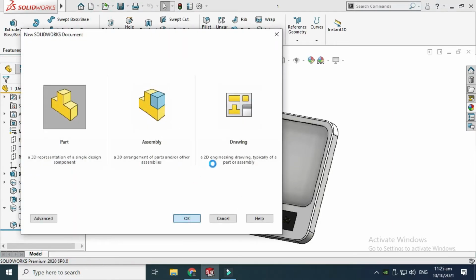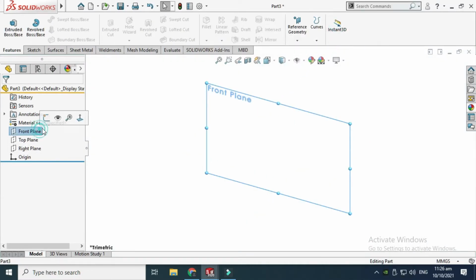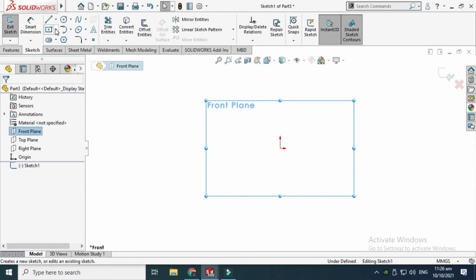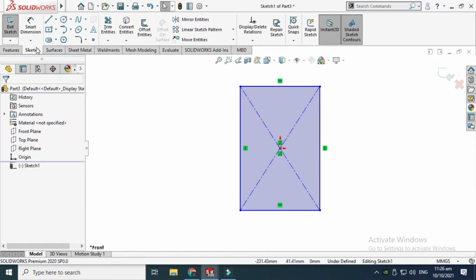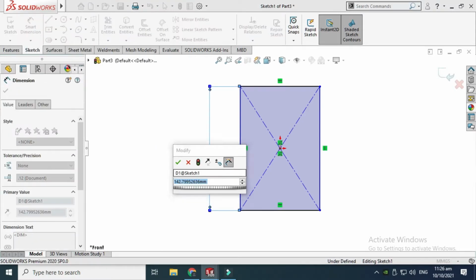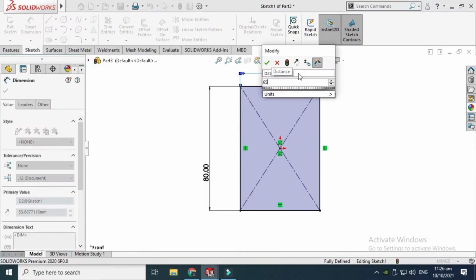Next I'll go to new again, go to part, go to front plane, go to center rectangle, and this time I'll draw the mirror, and the dimension will be, let's say, 80 by 65,